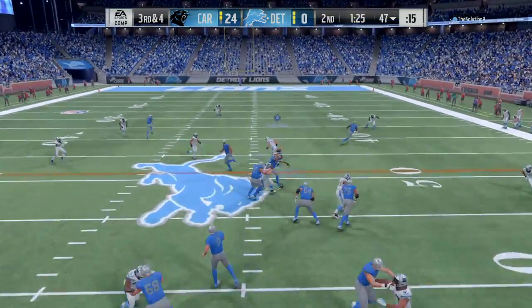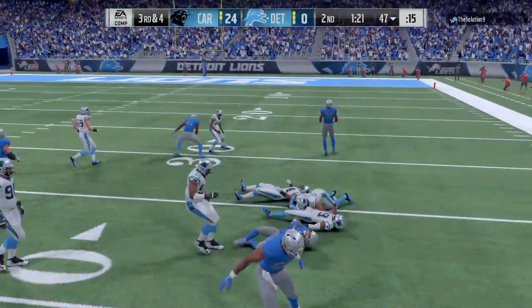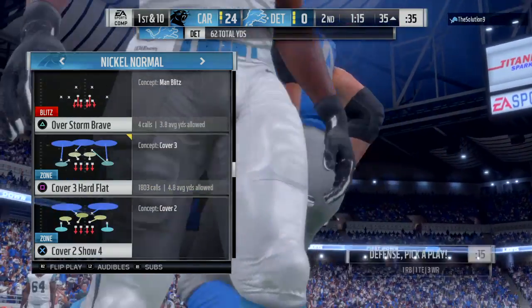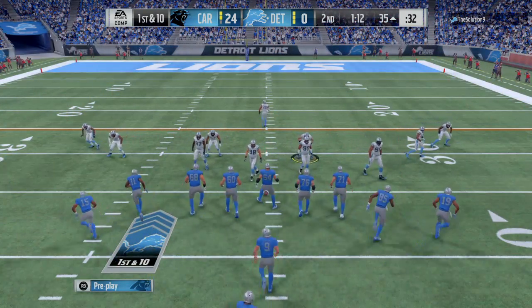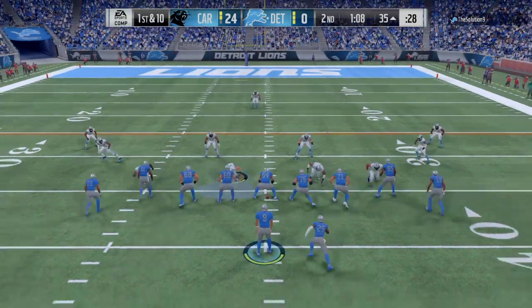A shotgun snap for Stafford. He completes it to Tate. And he's going to have the first down yardage to the 35. He goes for 18 there as the drive will continue. And there's Golden Tate doing exactly what he does well. Extra yards after the catch. Exactly. To your point, among wide receivers, no one had more yards after the catch than Tate last year,